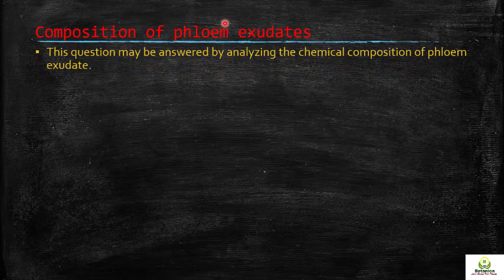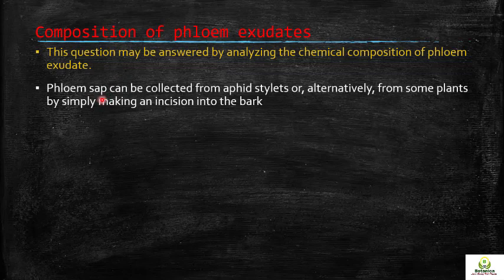As far as this question is concerned, it may be answered by analyzing the chemical composition of phloem exudate. It is easy to tell the composition of anything by analyzing its chemical structure. And phloem sap, which is flowing from the source to the sink, can be collected from the aphid stylet, which we discussed in the history class,